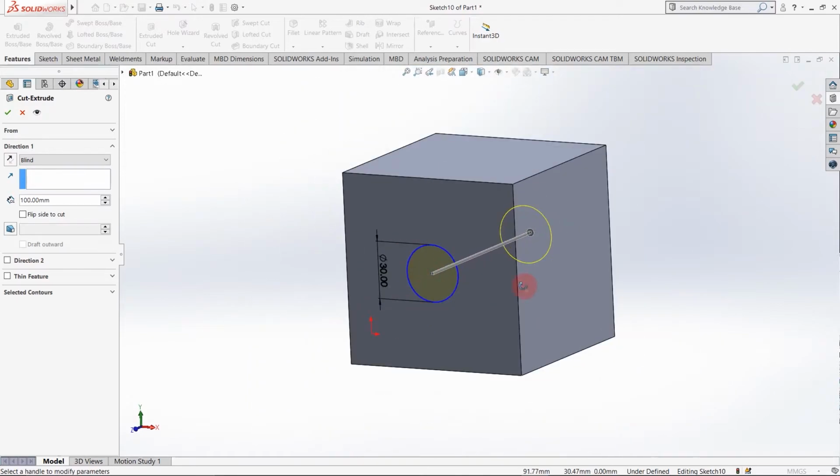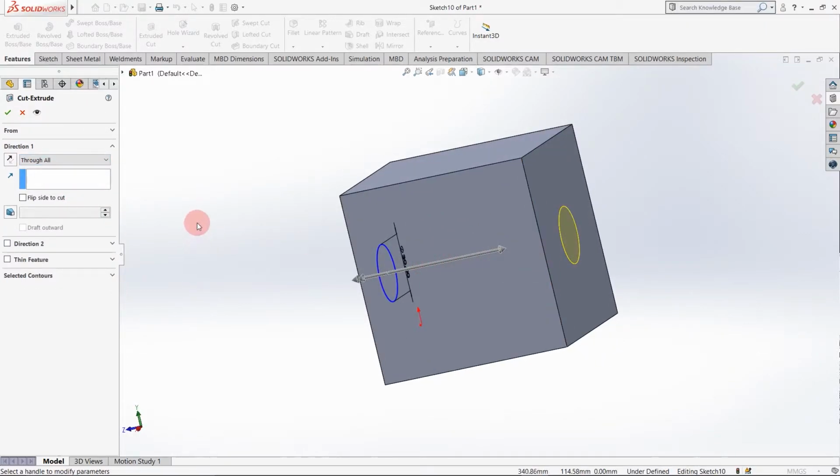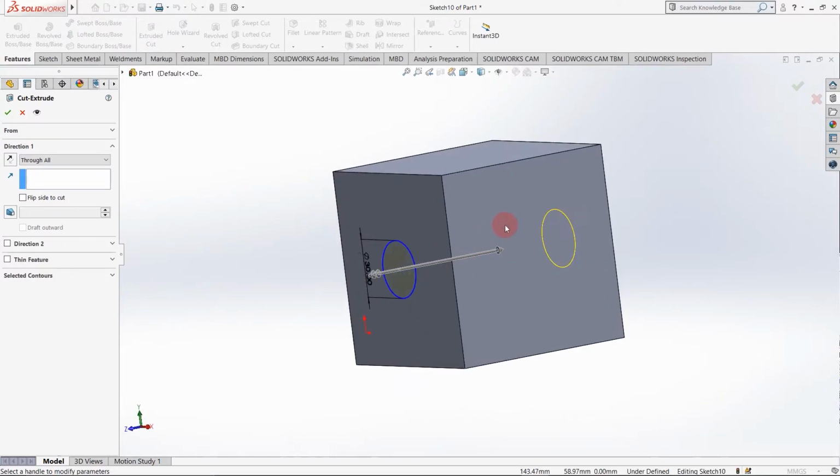In cut you also get various options like we have seen in extruded boss base. First is blind. By clicking on this arrow and dragging it back and forth, you can adjust the depth of cut. The next option is through all. Through all means it will cut through all faces or surfaces it comes across.